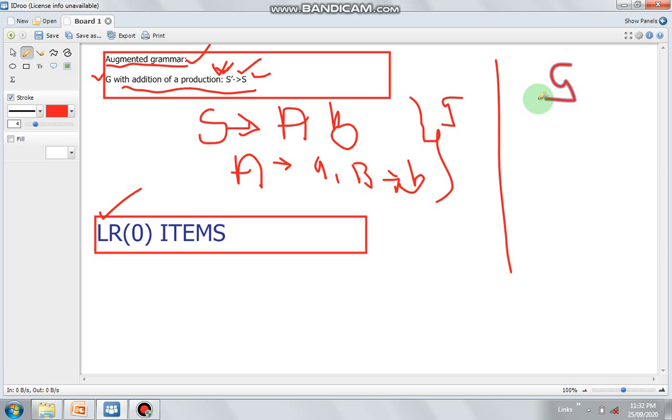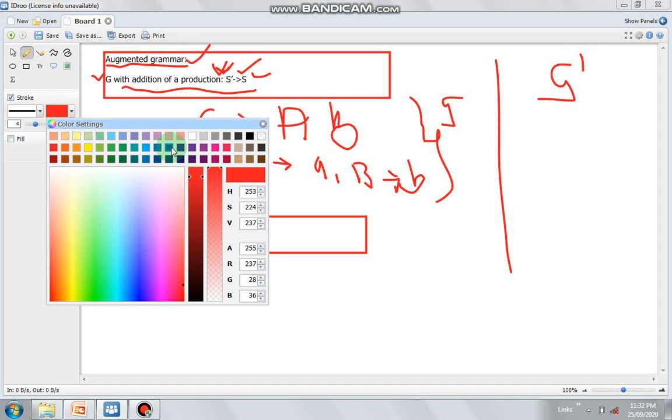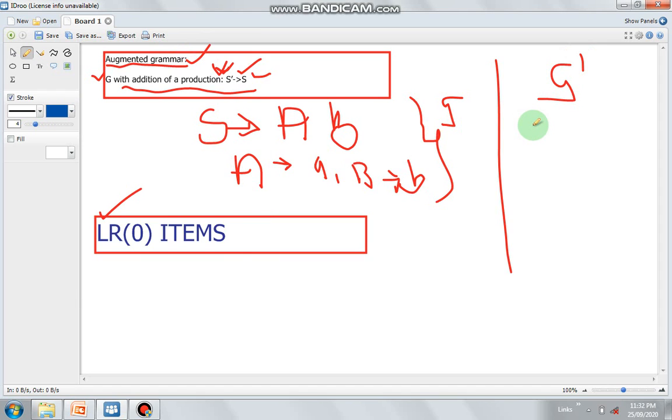Suppose the augmented grammar is G', then we introduce a new variable S' that derives the start symbol of the grammar, and we write down the rest of the productions as they are.